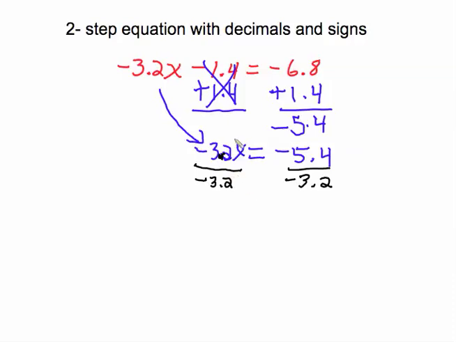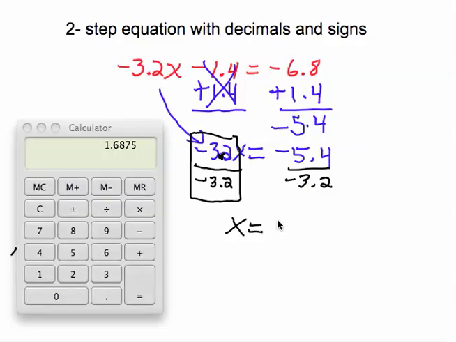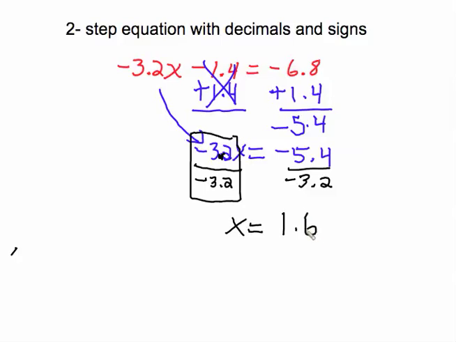Okay, so looking at this, negative 3.2 divided by negative 3.2 is going to be 1, and 1 times x is going to be x. And so x is going to be alone here. And at the other side, if you take your calculator and you divide 5.4 divided by 3.2, you're going to get 1.6875. And that